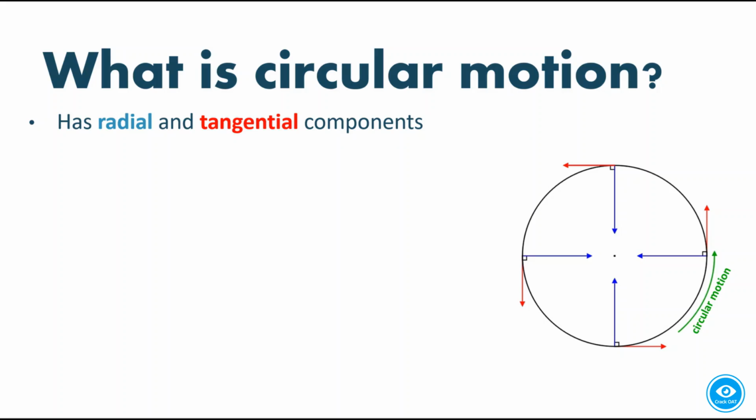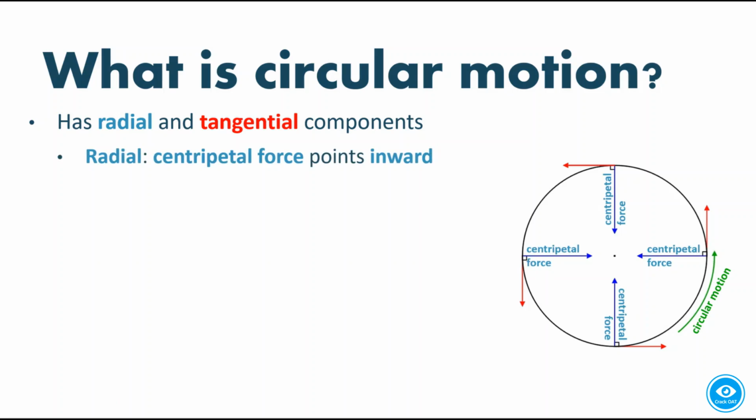Radial component refers to any component of the motion that's pointing towards the center of the circle. Tangential is happening at the periphery of the circle, so right where the circle goes out, this is the tangent. And a radial component is the centripetal